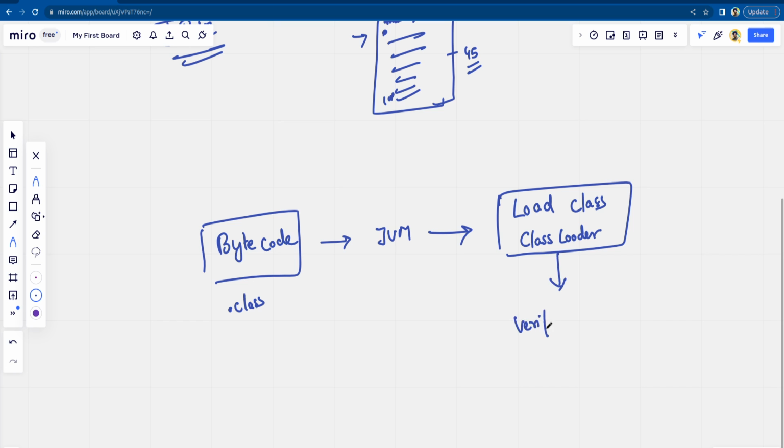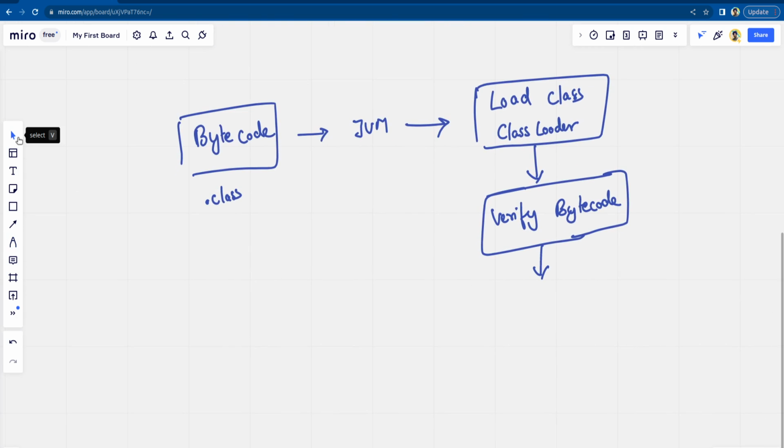Now after loading the class, it is going to verify the bytecode, right? Now there can be a mismatch of the bytecode. Might be your JDK and JRE versions are separate. You compile the version on, let's say, 8.0, and then you are executing it on some earlier version. So that kind of bytecode verification would be done. Also, if bytecode is not valid. So the verify bytecode process will be done, and after that it is going to